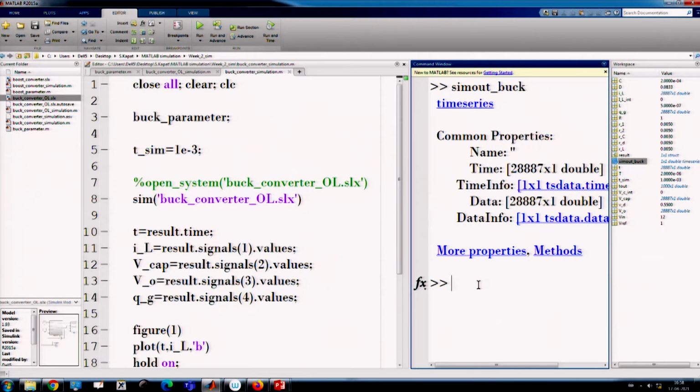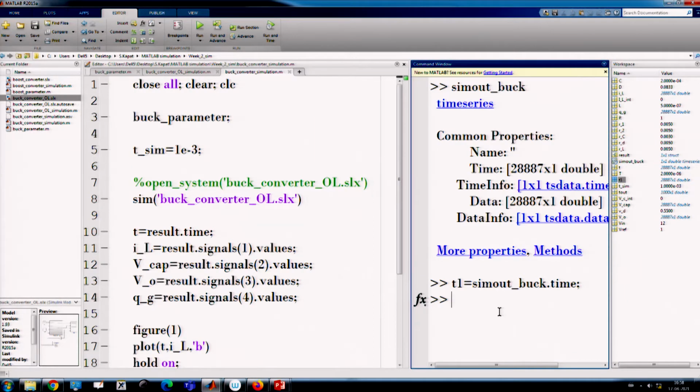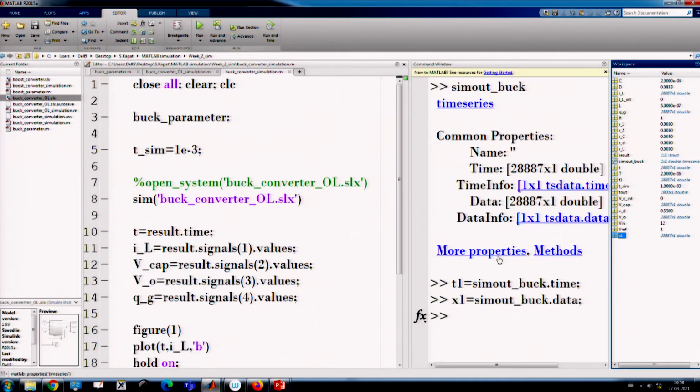So, the time, if I write T1 equal to sim out dot time, T1 is now created, and if I write let us say x1 equal to sim out dot data. Since we are using only one scalar input, it will directly give a vector.